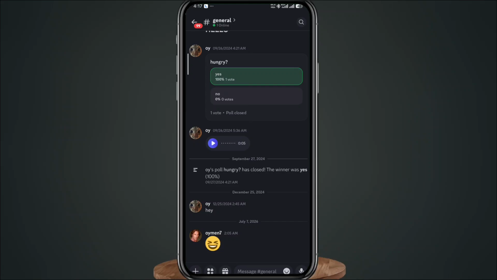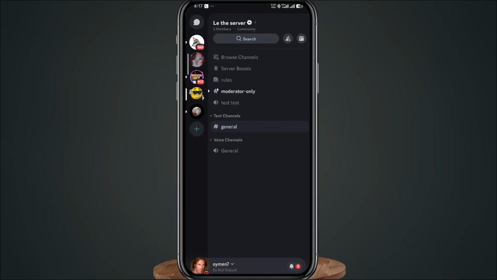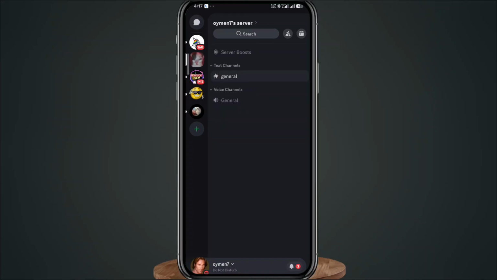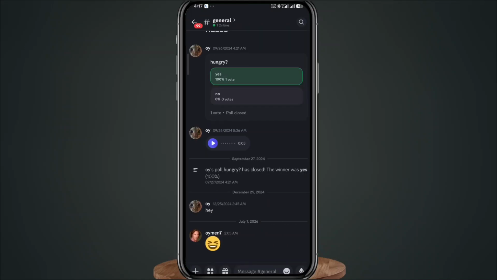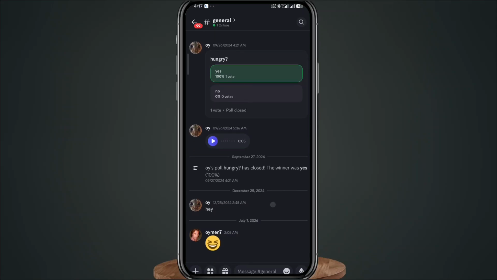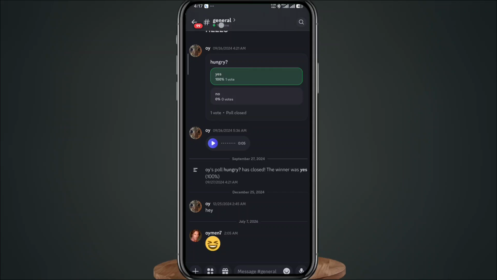And then from here we locate the person or the user that we want to kick from the group chat. You can first pick the server, and then within the server pick the channel. Even if you choose the server itself as a whole, you can do that. We're gonna choose the channel. Now from the conversation I can even tap on the profile picture of the person that I want to kick out,